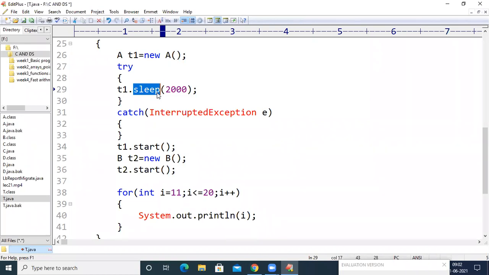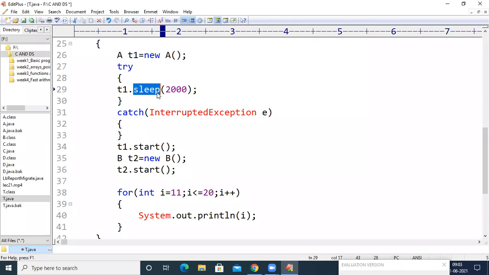So here T1 is the thread which is going to execute, let us assume, for 10 seconds, or which is going to print the numbers from 1 to 10. Whenever the sleep method comes, it stops its execution and goes into the waiting state, and after the sleep time has completed, it is executed again through the ready state. Here the execution of a thread has been interrupted. Because we are interrupting the thread, we get an interrupted exception.